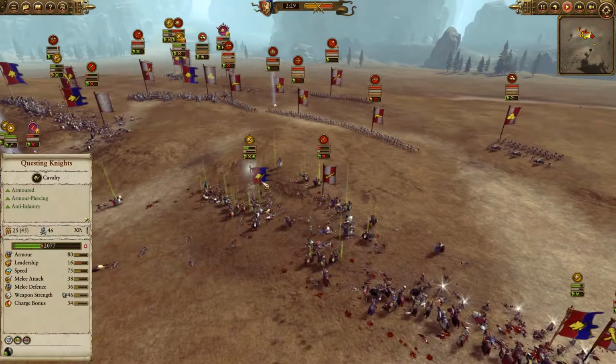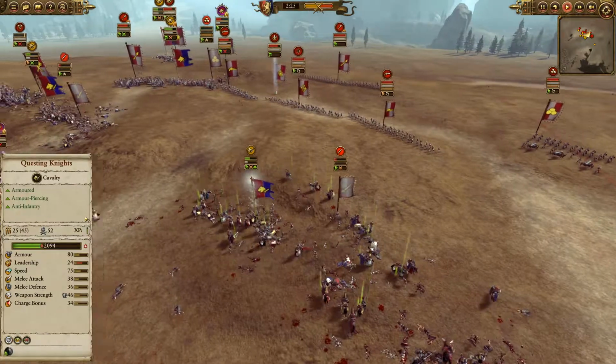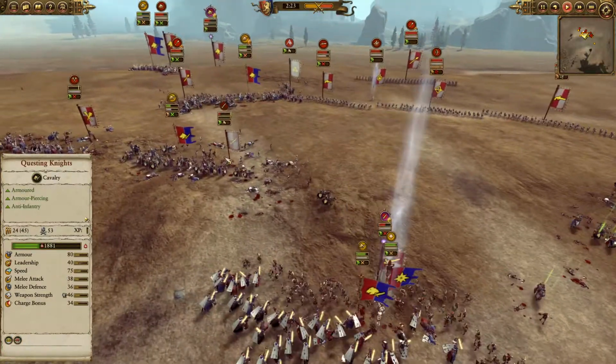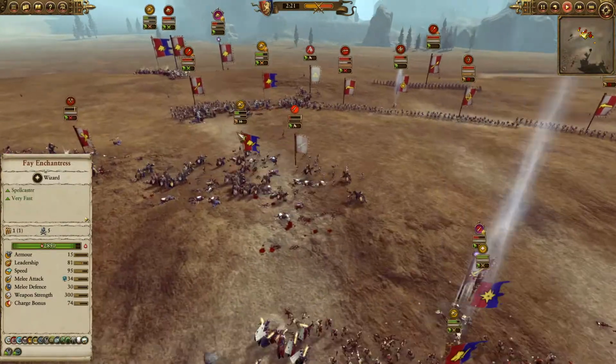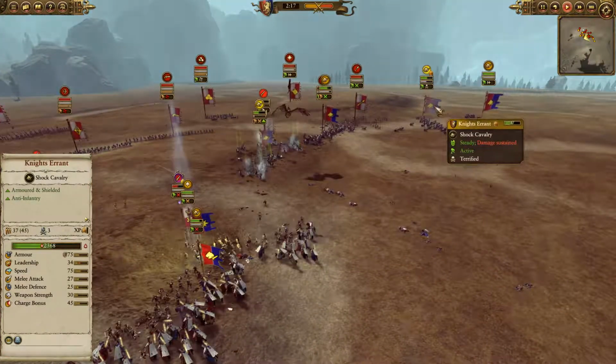Over here in the front, you can see that these questing knights are able to just decimate these great swords as well, and they're going to start pulling through pretty soon. And over here you can see that as well from these questing knights, so I'm going to start pulling them through and try to take them into the back line. But as you can see, these knights